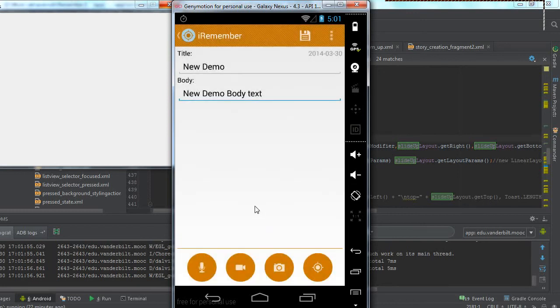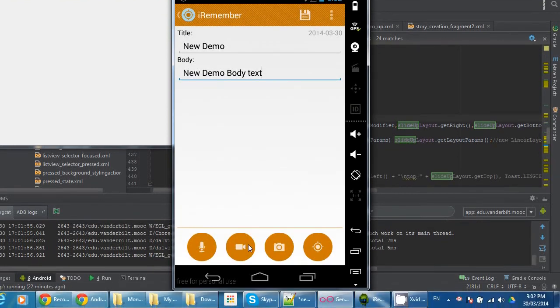That's it. For the record audio, video, image, and GPS location, I changed the buttons from regular buttons to image buttons, and added those icons and changed the background. Then I used drawables to give me the shape that I desired, which was a circle instead of a rectangle. And when I click here, for example, to get the GPS location,